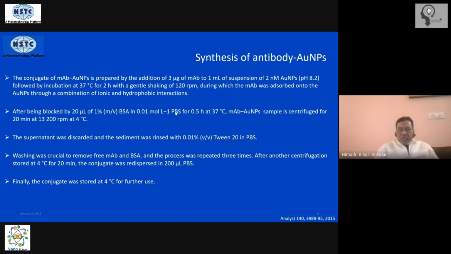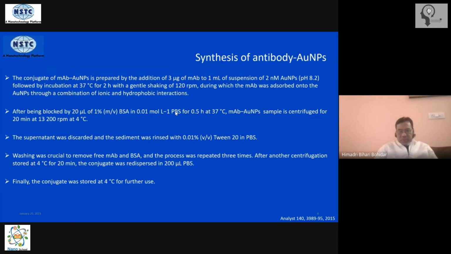But not all the surface of the gold nanoparticle is bound to the antibody. So there will be patches which are still exposed. We need to block those patches. That is done by adding BSA to the solution, which binds to the gold nanoparticle surface very nicely. Then you have no reactive sites left on the gold nanoparticle. So what you have is antibody immobilized gold nanoparticle, which can be used. The rest is basically you wash it, centrifuge it, clean it, filter it, and then store it